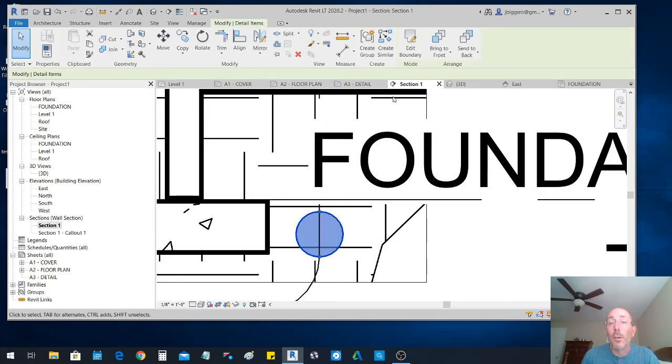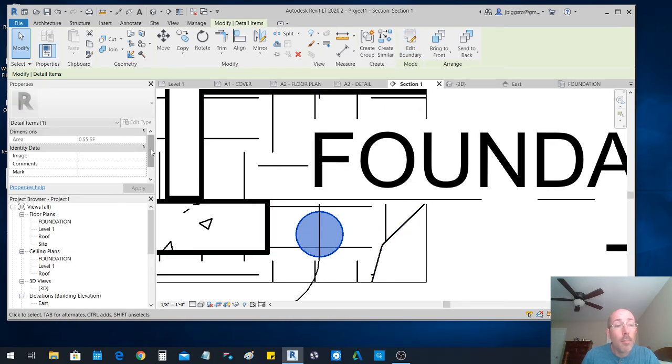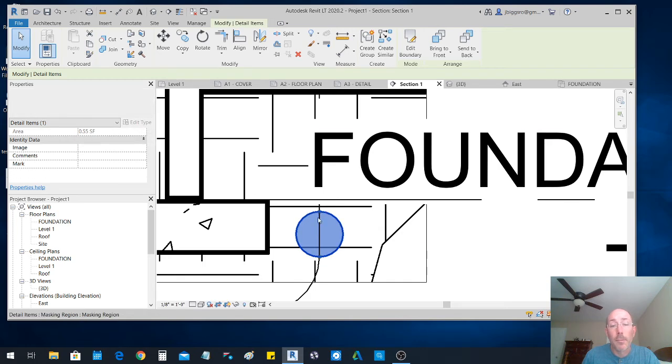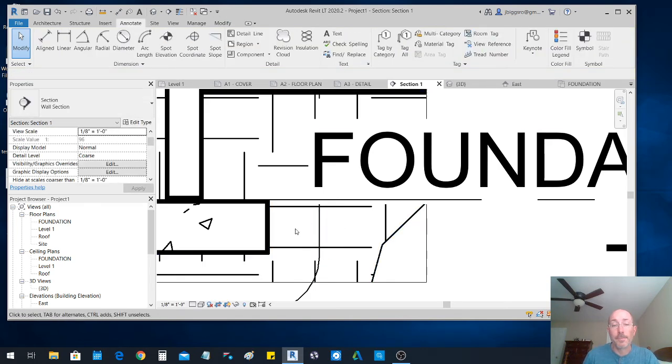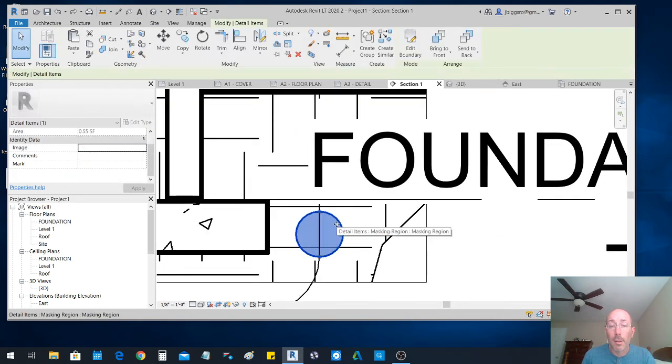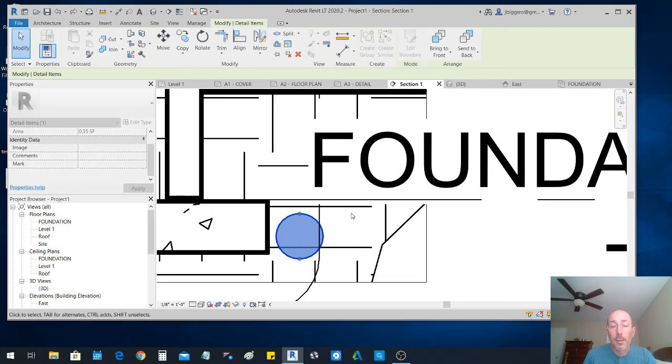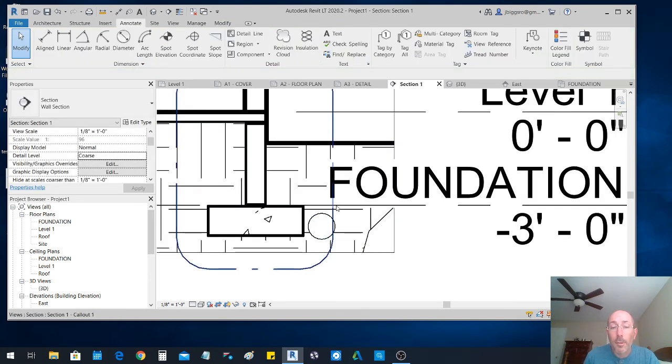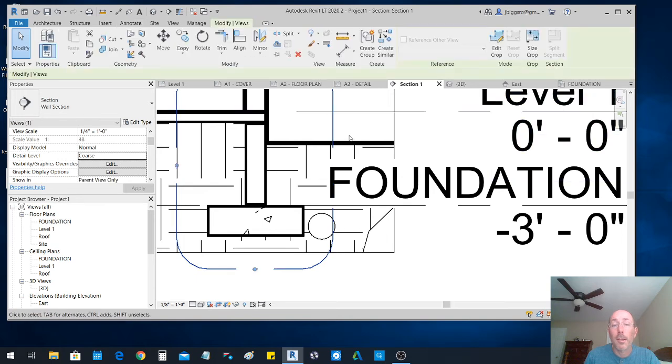Let's see, maybe we need to bring this to the front. That's what we need to do. Let's see. The reason it's not masking it... Oh, it's masking the thing. It's just not masking the line there. That's what it is. Okay. There, so you can see it's masking the thing, but it's not masking